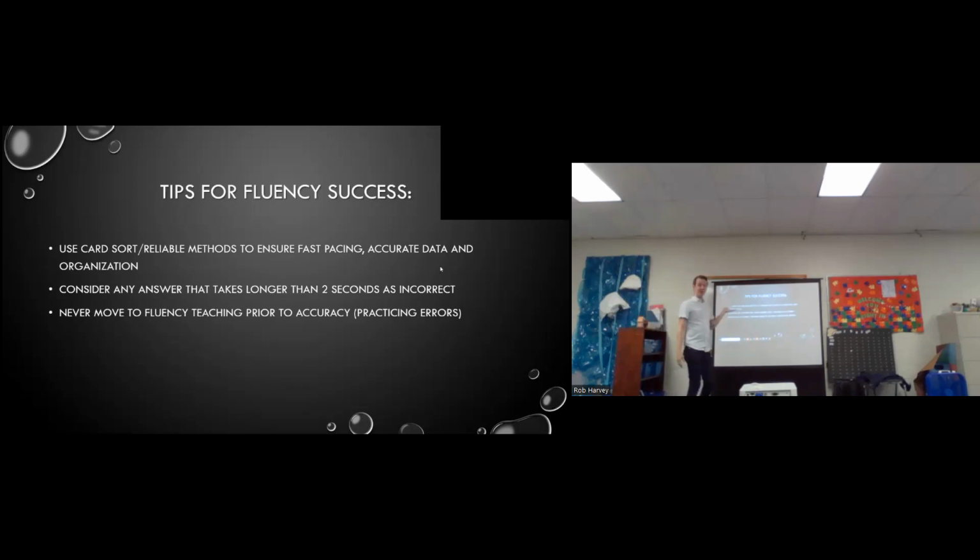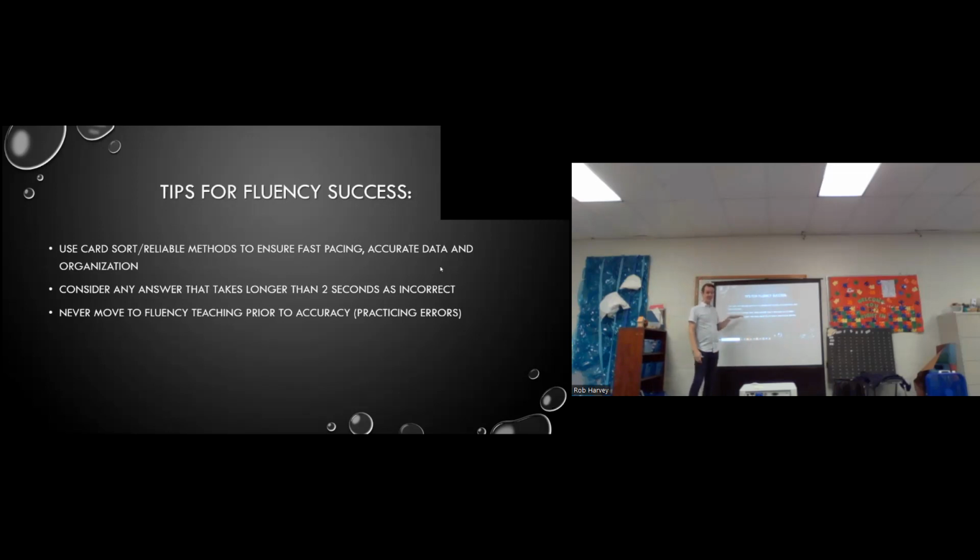So the first recommendation is to use card sort. We've provided you with the materials to do card sort, and we've always recommended it. We have a lot of tools to do that. So use card sort because it makes it more likely. I always go back to the story. I had no idea what to do as a TSS years and years ago. And then my BC, at the time BSC, showed up with a card sort system. And I was like, oh my gosh, this is what you wanted me to do the whole time. It made it all come together. So use the cards, put what they're supposed to be doing. It makes it easier to track, all that kind of stuff, okay?